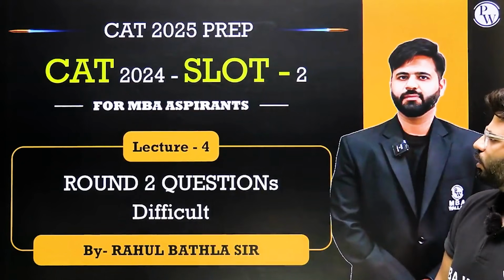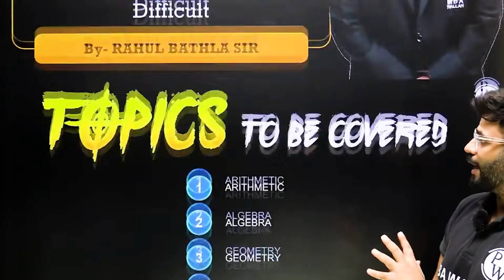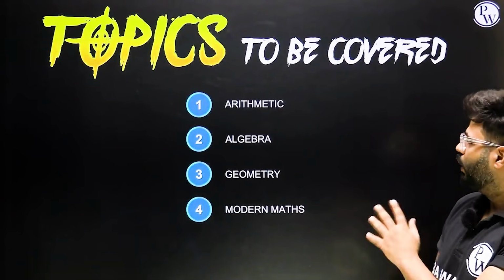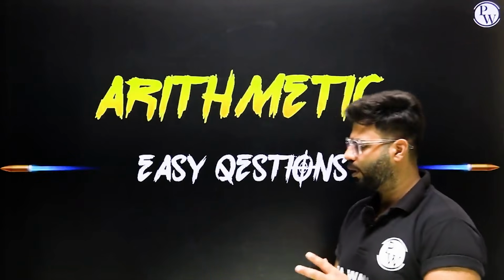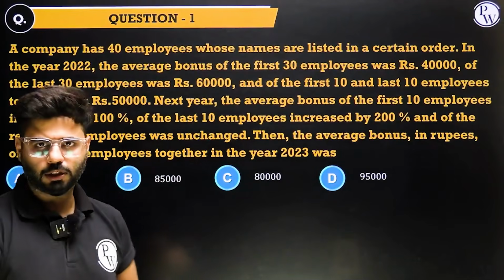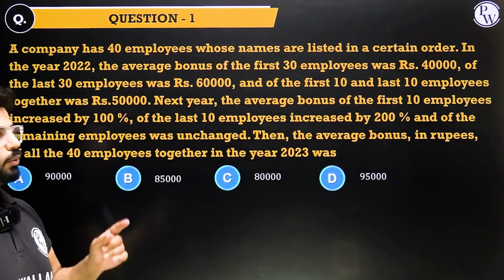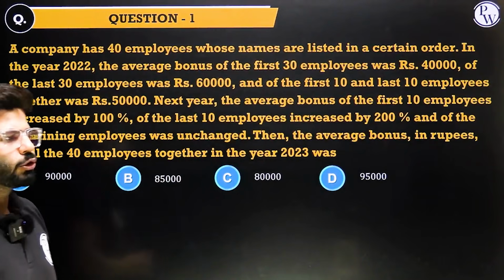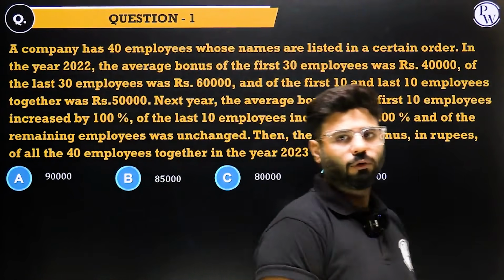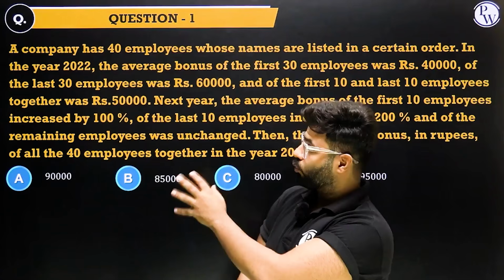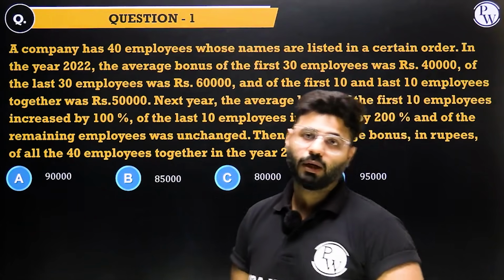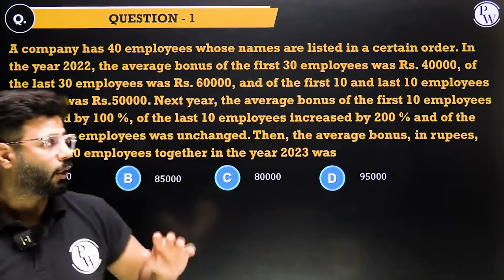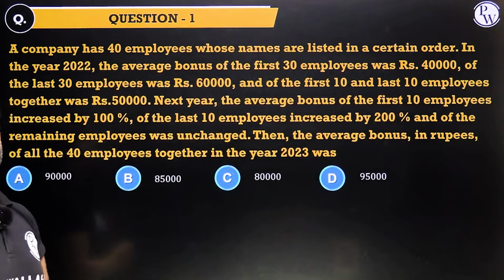Difficult questions round 2. More or less I have 11 questions that were non-doable, all right? We'll start with the arithmetic. The first question which I've placed in the undoable list from the perspective of the student is this. Not because it is difficult, but if you do not approach this in the right way, then it is going to be very tricky. All right, the question length, too much time taking.